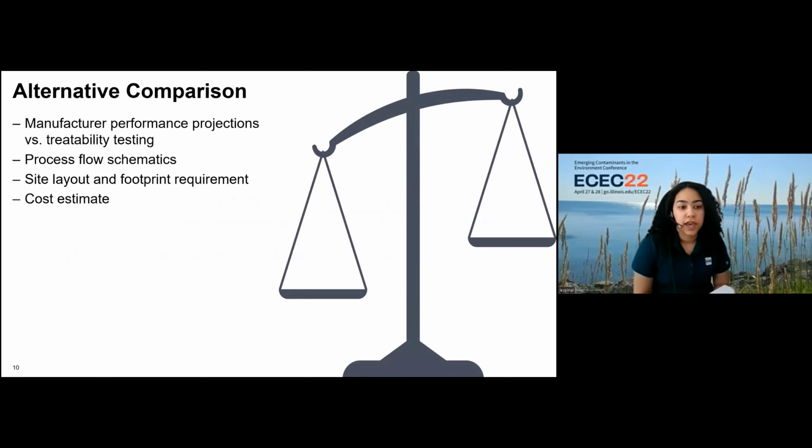So in addition to that, like I said, there were other factors being taken into consideration. We compared the manufacturer performance projections with our treatability testing. We provided a process flow schematic, as well as site layout and footprint and cost estimate. Now, we all know that GAC has more footprint than ion exchange, and just to provide a brief cost indication for these alternatives,